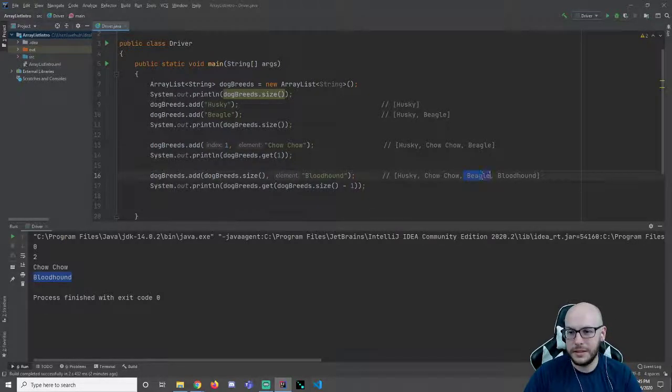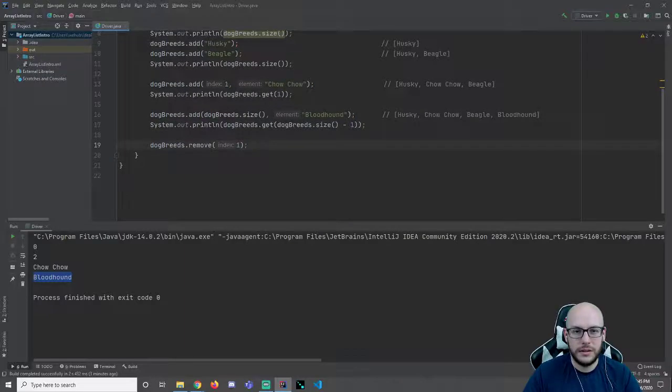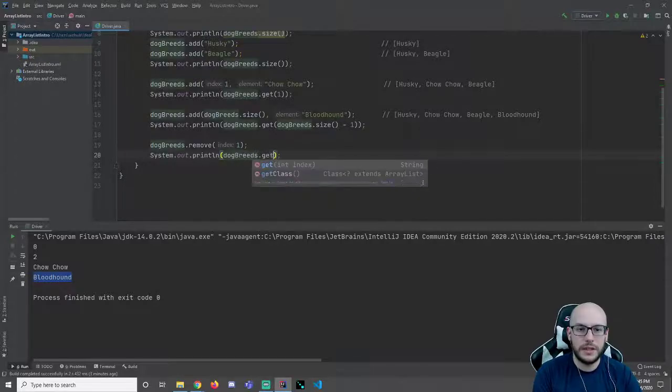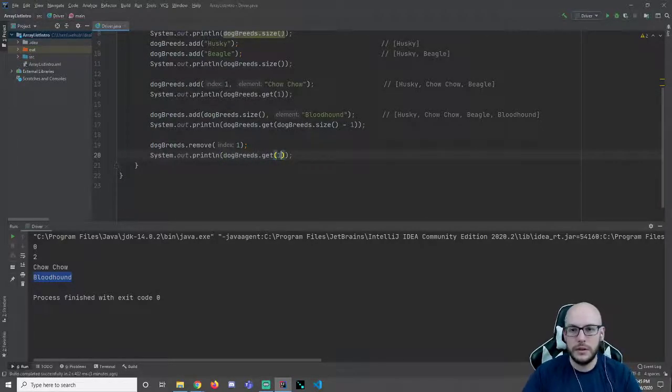How about Chow Chow? So I'm going to take my dog breeds and we're going to remove the element at index 1. Okay. In order to kind of see this change, I'm going to do an S out on dogbreeds.get(1). All right, keep in mind that this was Chow Chow, but what's going to happen whenever we remove